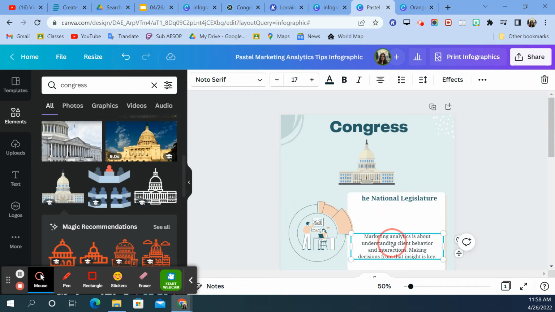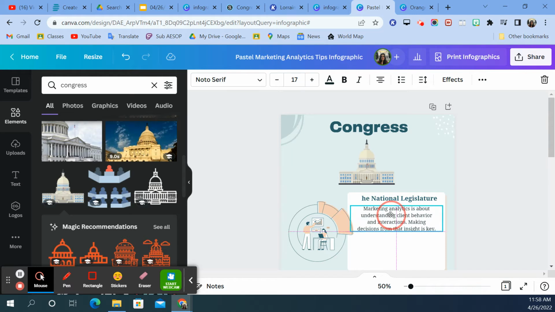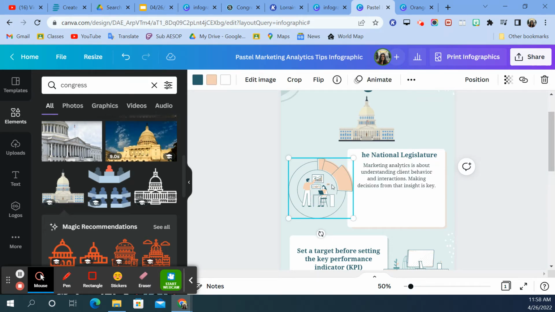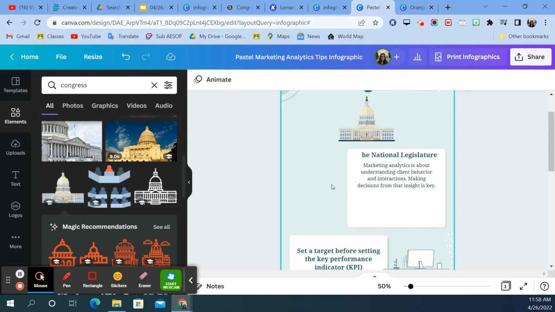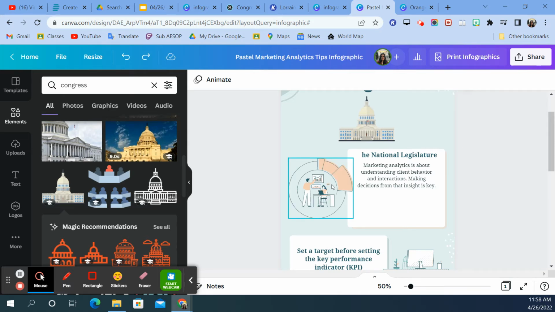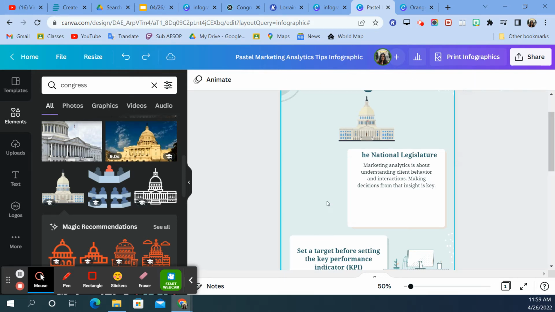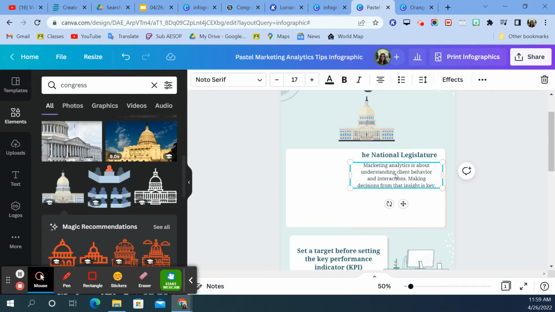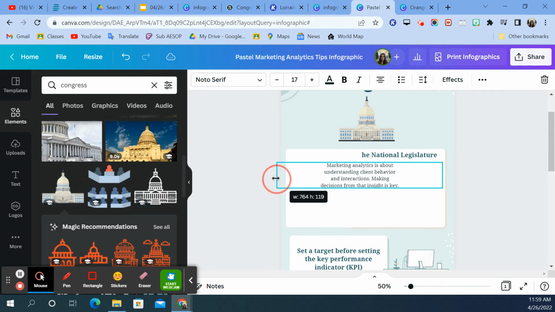Okay, so now I have this part here that's going to be all of my writing. Right now it's at 17 point. You may find that you're going to need to make this element smaller. So I just deleted it because it's not relevant. You may find that you have to delete this because you might need this box a little bigger. So you could manipulate this so your writing is larger, because once you start adding,